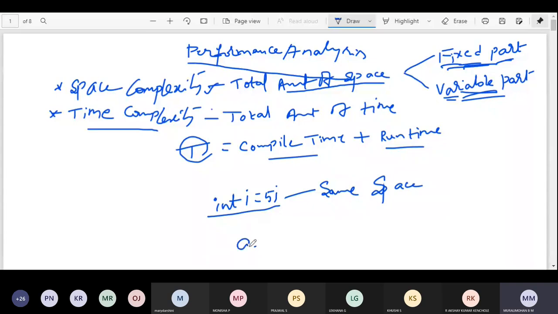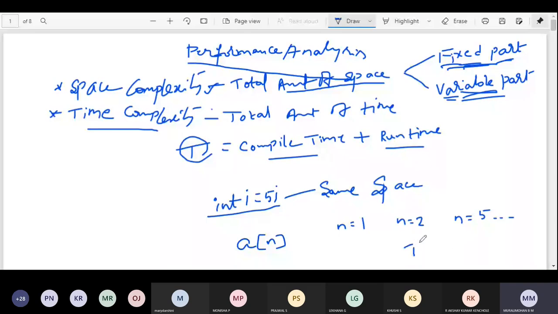For example, if I take an array of n, you see if n is equal to 1, it will take some space. If n is equal to 2, it will take different space. If n is equal to 5, it will take different space, and so on.